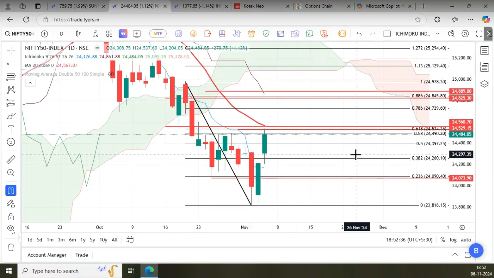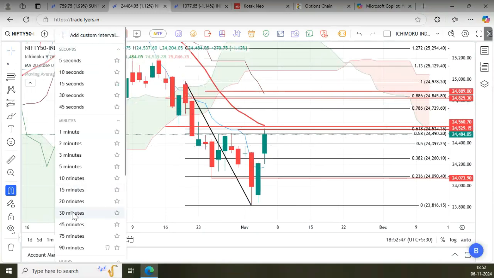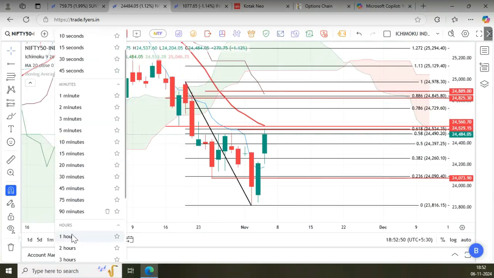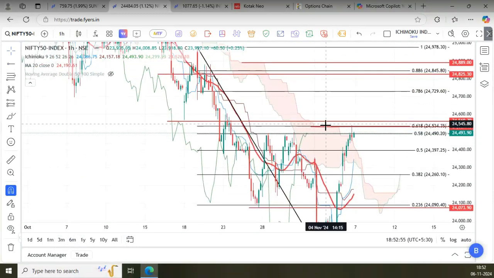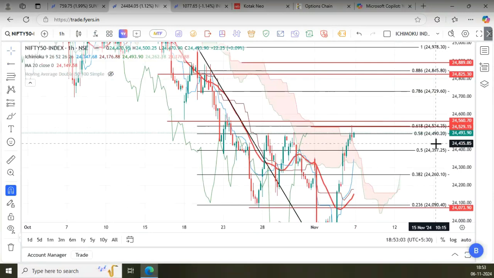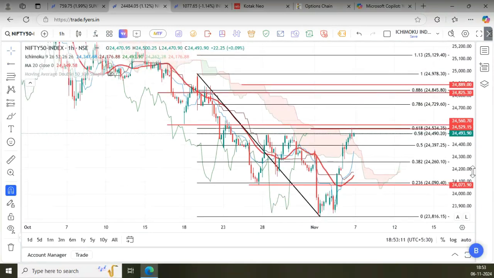But the point here is that there are high chances that we can fall tomorrow. First session, high chances because of the Ichimoku cloud that I showed you on the hourly chart. Okay, I'm just going back to the hourly chart. So here you have this resistance. We have this resistance here, and then we have Chikou span top here. That's what we have marked. So high chance, and this rejection candle here is also suggesting that there could be a fall. But if it doesn't happen, well and good, we will get back to the 24,729 range, and